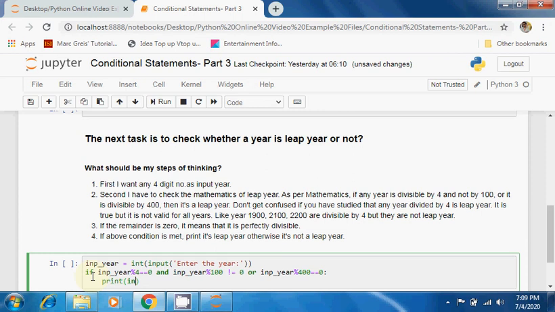Let me write this input year without bracket, without quotes, so it will give the value, comma, and message is leap year.